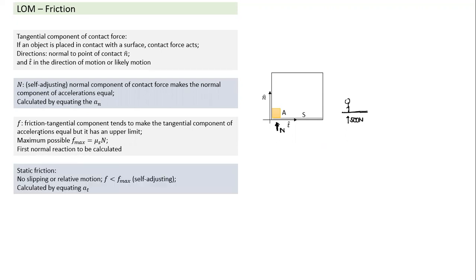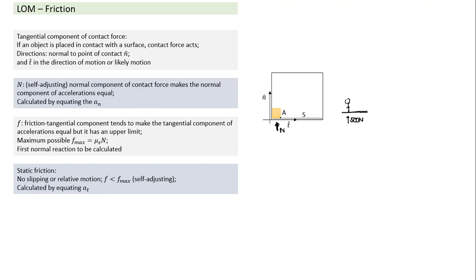Right? And when we talk about friction, we can basically define three different parts: static, kinetic, and the boundary between the two. So what is static friction? Static friction is when slipping is not taking place, meaning there's no relative motion. Relative motion is absent when both tangential velocities are equal, then there's no slipping.